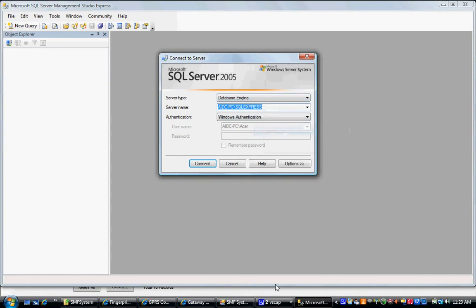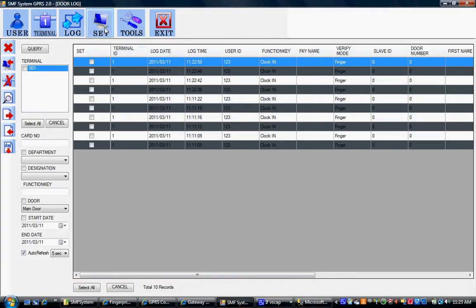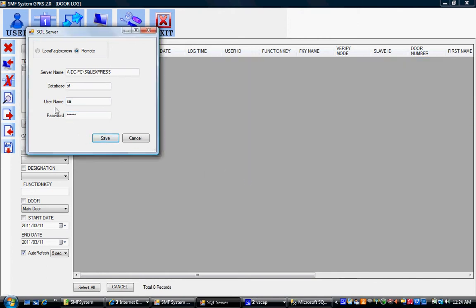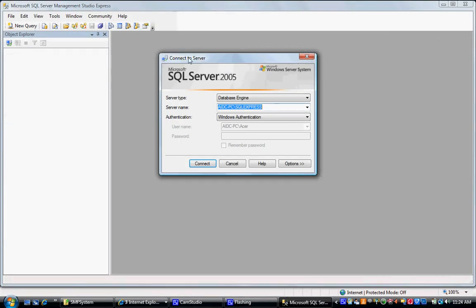Just copy it, and under SQL, paste the server name. Database name is BF. You give the SQL server name, server username and password, and save. So it's done. Since the SQL server is installed locally, you can select it as local PC. You can have the SQL authentication connect.